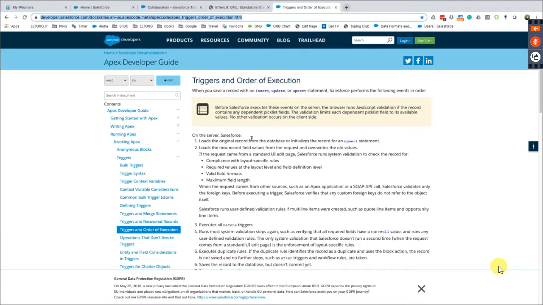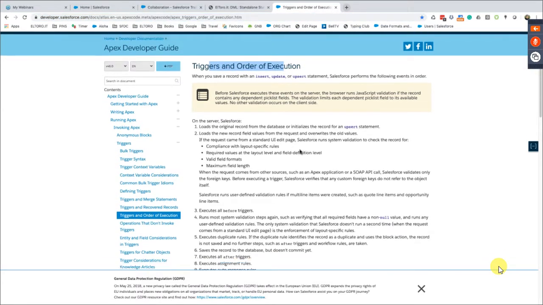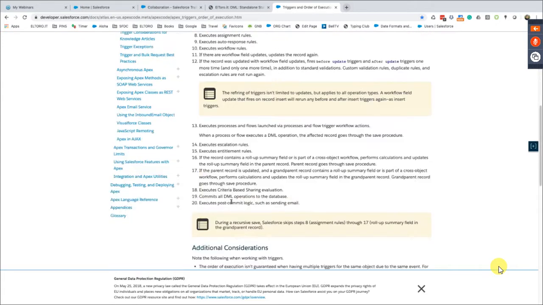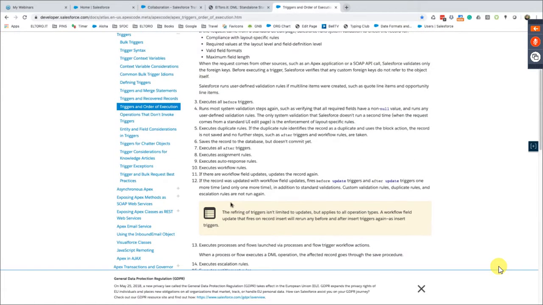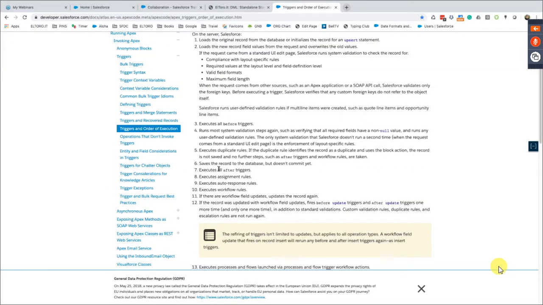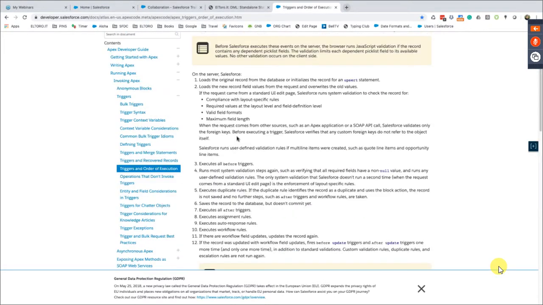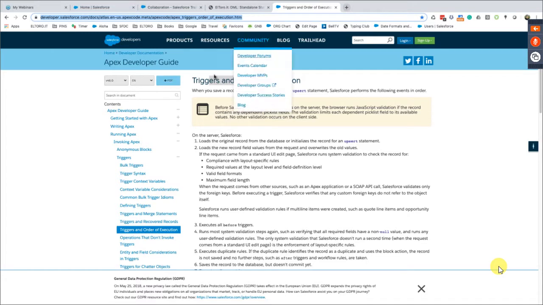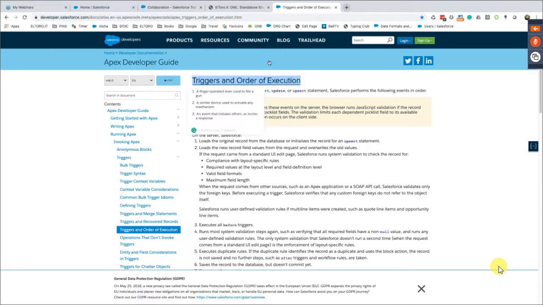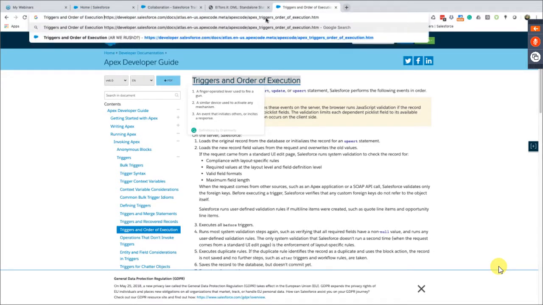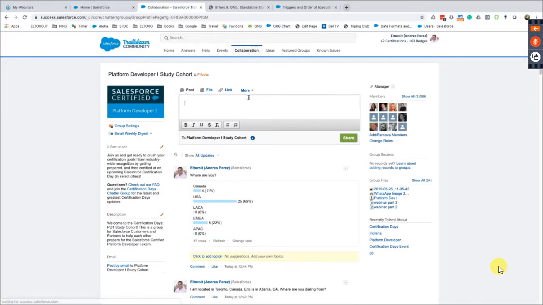The document, Triggers and Order of Execution, lists 20 different steps that happen in order, always the same steps, when records are being saved to the database. This is what you're going to be tested on. It's a very long list and it's hard to remember. So what we're going to do,